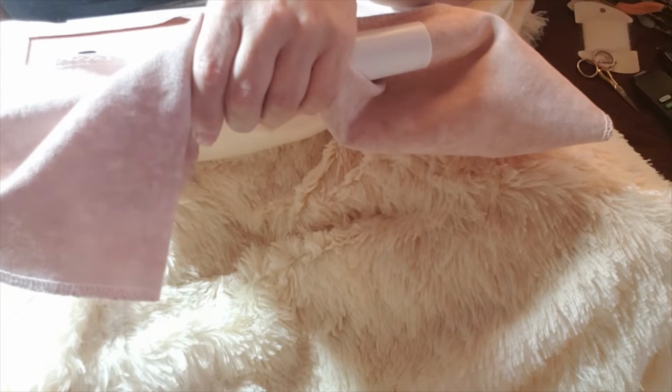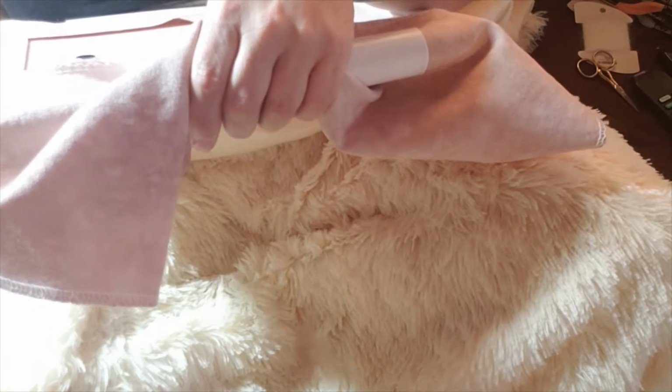Stuffing. Made a pillow today. And I got the polyfill all over the place. So yeah,